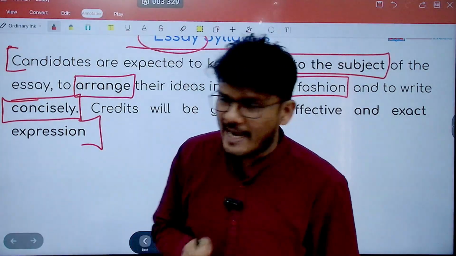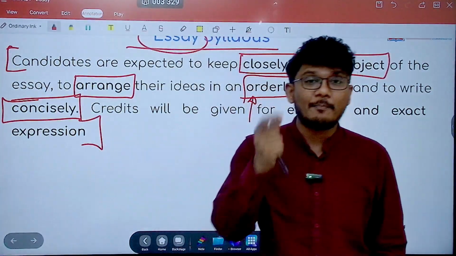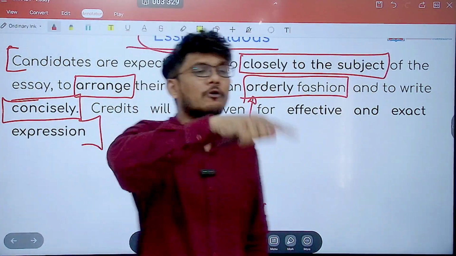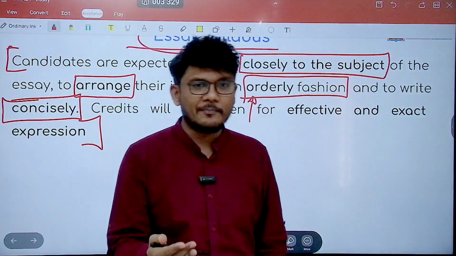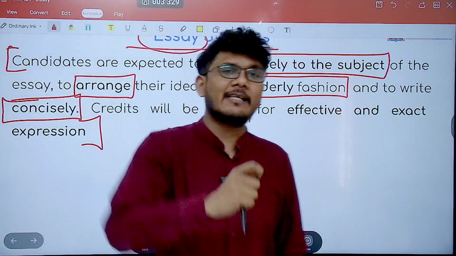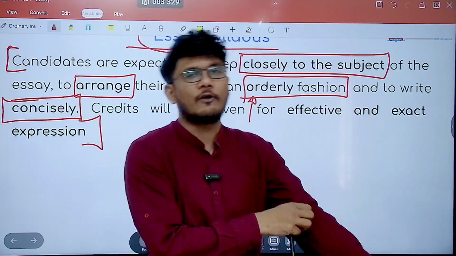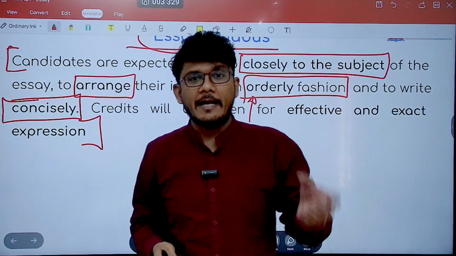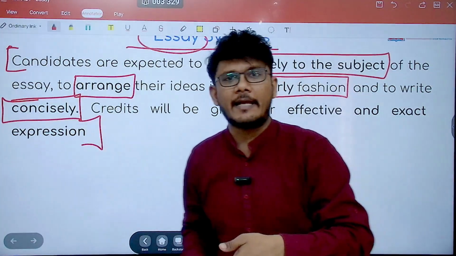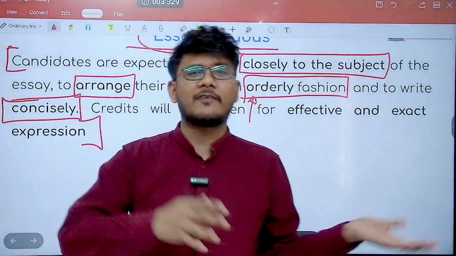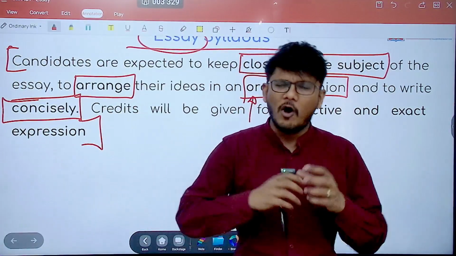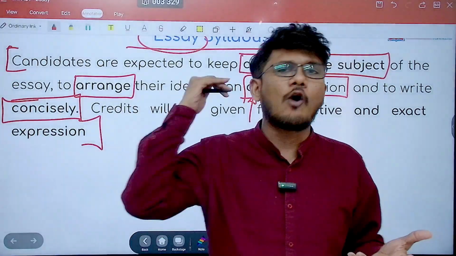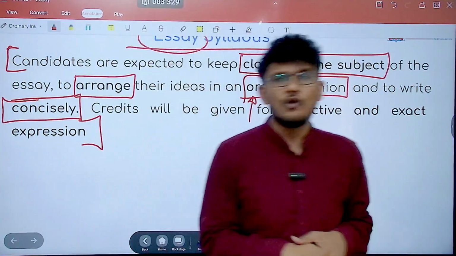Now, having said that, of course, you have to write relevant, but at the same time, you have to write it concisely. You don't have to beat around the bush. You don't have to say the same things multiple times, or say the same thing in active voice as well as passive voice. For example, the tiger ate the deer, and when I saw it, I realized that the deer was eaten by the tiger. Now it's the same sentence. You are saying it in active and passive voice. All these gimmicks, all these things just to fill the paper, of course, are not required. And a serious aspirant, anyhow, who has reached there, is not expected to do that.